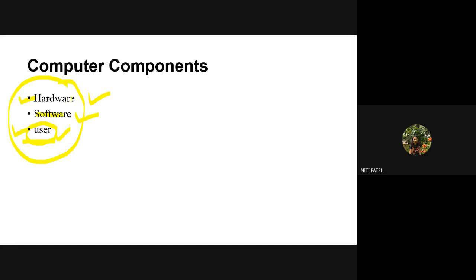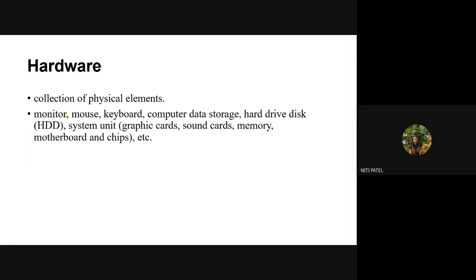You can always add on to the hardware. You can always add on to the software. Now, what is a hardware? It is the collection of the physical elements. Why it is called physical? Because we can touch and feel them. Therefore, it is being called as physical. Can I touch keyboard? Yes. Can I feel that keyboard? Yes. Can I touch mouse?